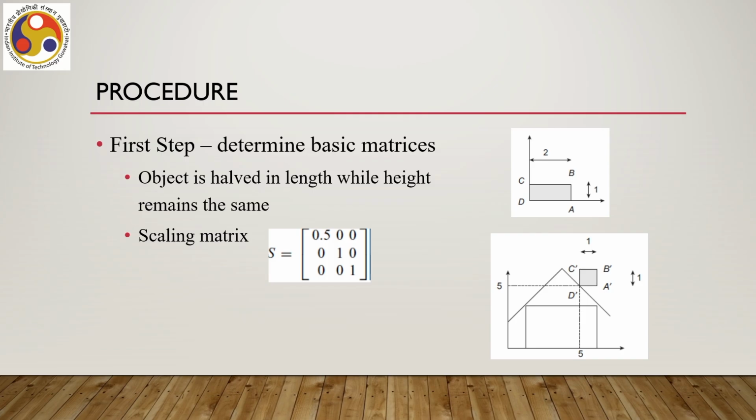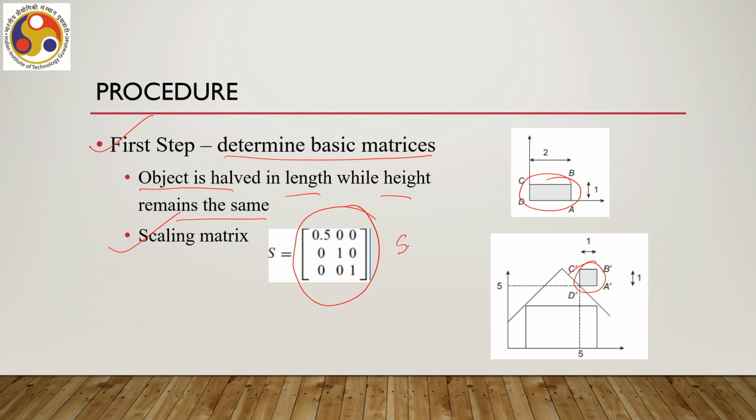So, in order to perform the transformation, we need to go through stages. First stage is to determine the basic matrices for individual transformations, that is scaling and translation. As we can see from here, to this shape in the world coordinate scene, the object is halved in length while height remains the same. That means the scaling factor along the x direction must be half and the scaling factor along the y direction should be 1. So, the scaling matrix should be of this form: 0.5 0 0, 0 1 0, 0 0 1,